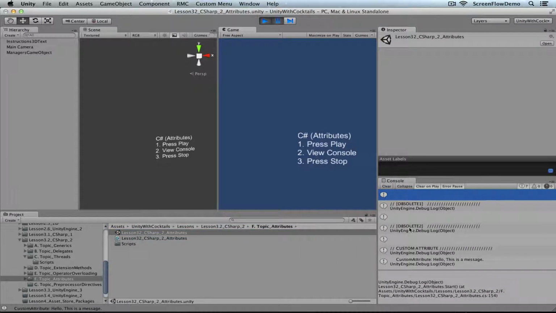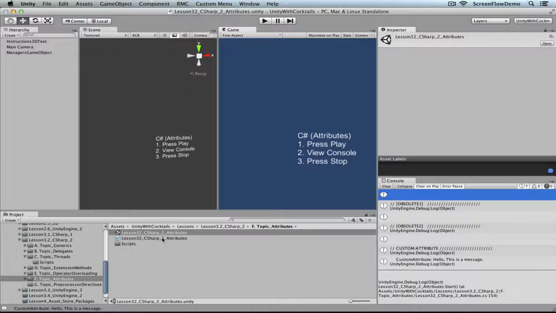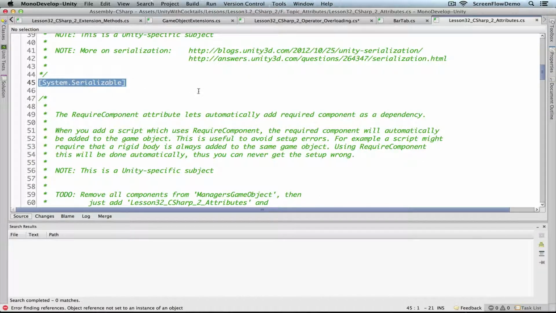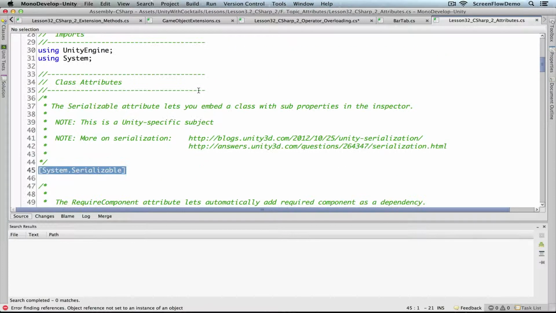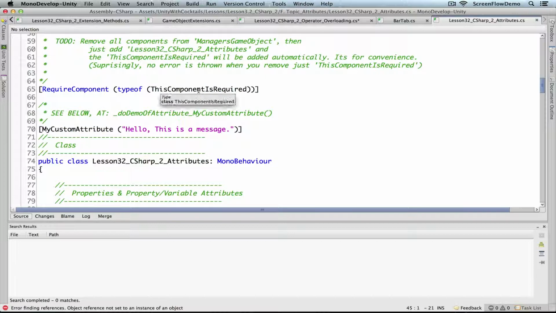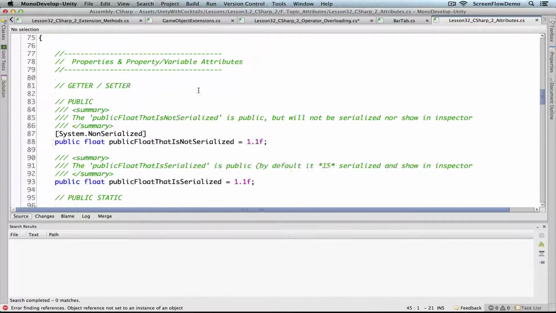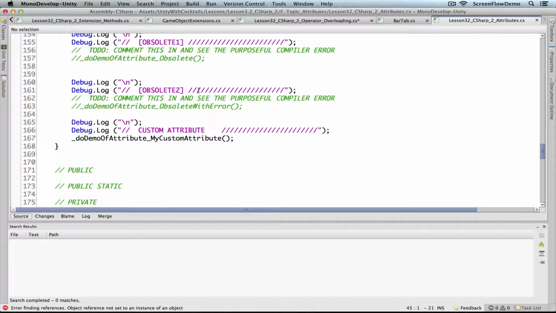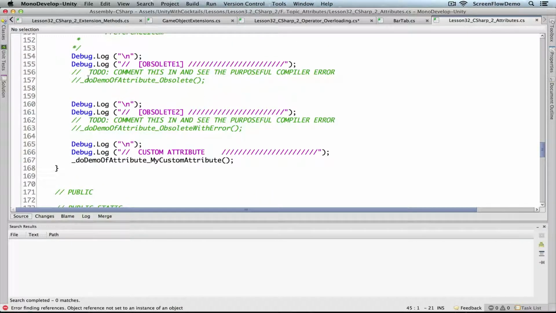So here you see obsolete, obsolete 2, and custom attribute. Attributes are those things that we see in square brackets. I explain what all of these are and give quite a few examples. The only one I'm going to go into depth about, just to show you the power of it, is, let's say I have